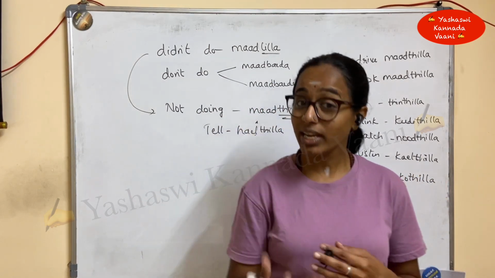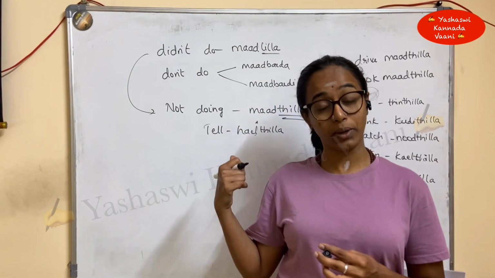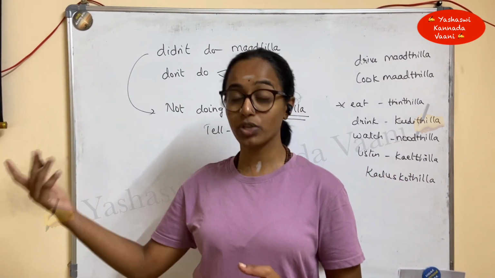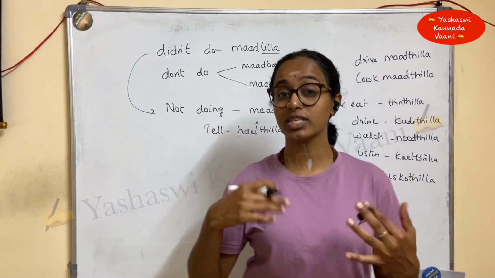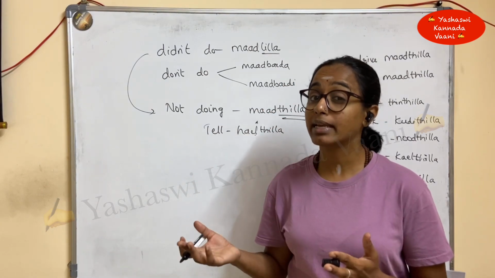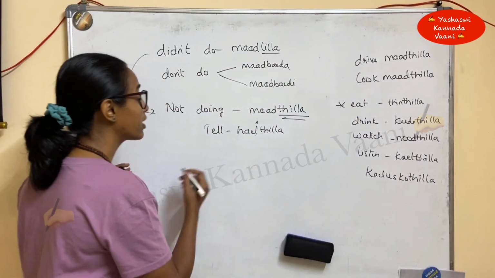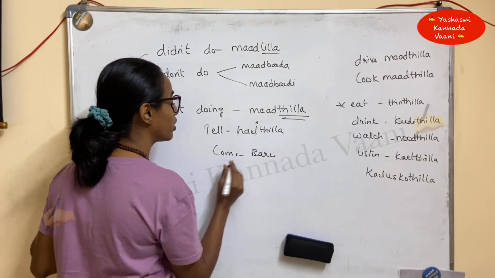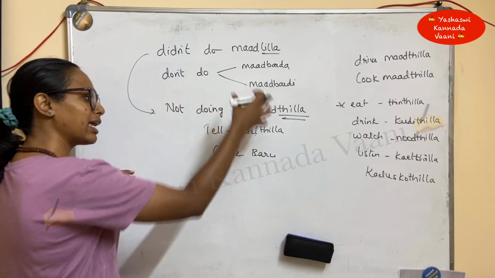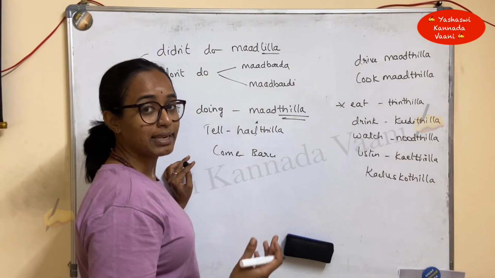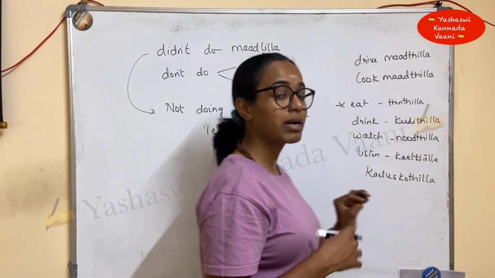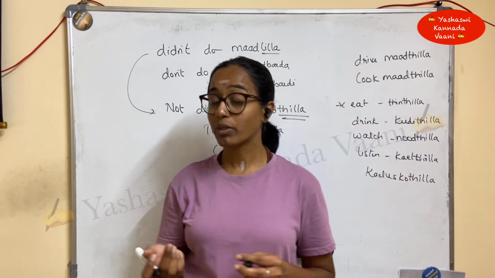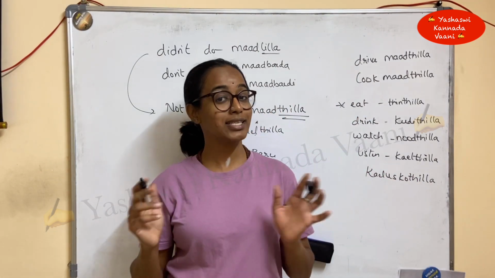Okay, so try using these not usage with respect to others also. For example, she is not doing, she is not watching movie, she is not going home, she is not coming here. Adella use madi. And for come, it's baru. Do not use ba in any of the cases. Bartilla. Only in the past tense it will become ba, bande, banda, bandlu, bandru. But here in all the rest of the cases it's baru.